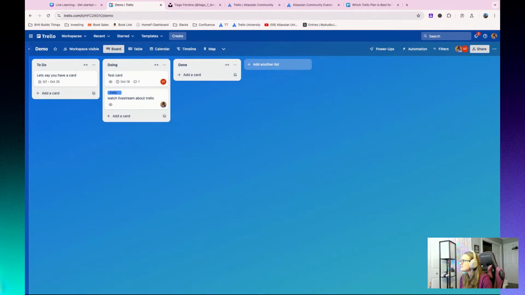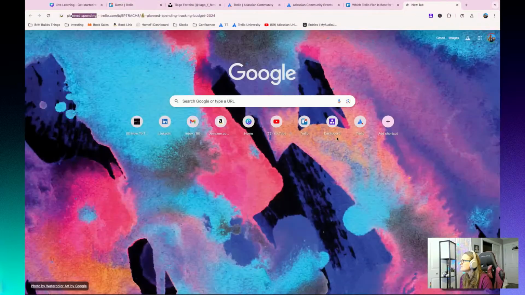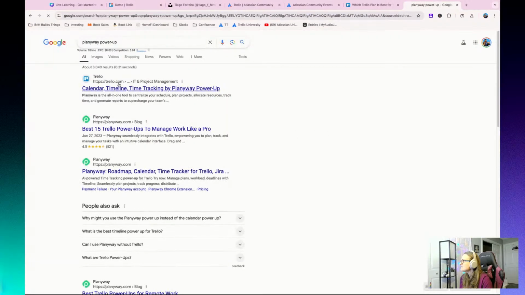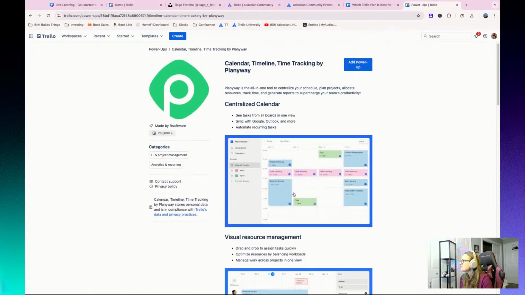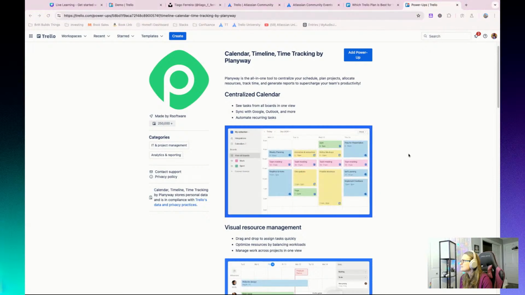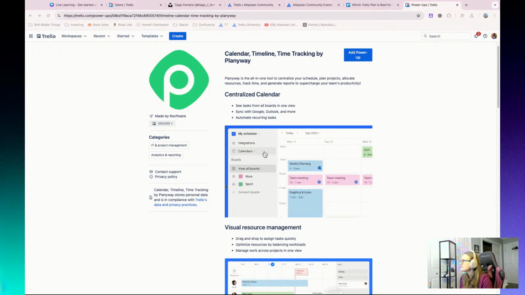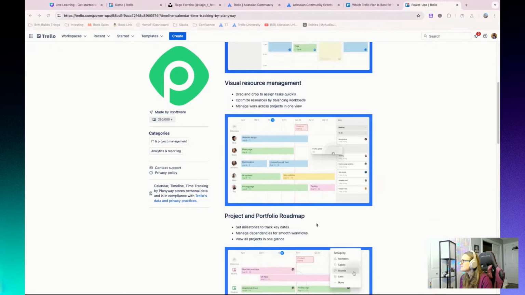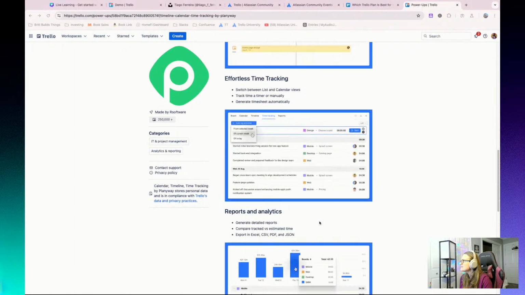Oh yeah, Planyway. So that's the other thing, Scott. There are different power-ups that can help fulfill different needs here, depending on what you're trying to do. Planyway is a great one. I'll include a link to them over here. They have a lot of different features that will let you look at that and integrate it with your calendars. So I will post a link to that in the chat there. But yeah, nothing native in Trello yet, and you'll need to set up and pay for something like this independently, but it can totally be worth it.